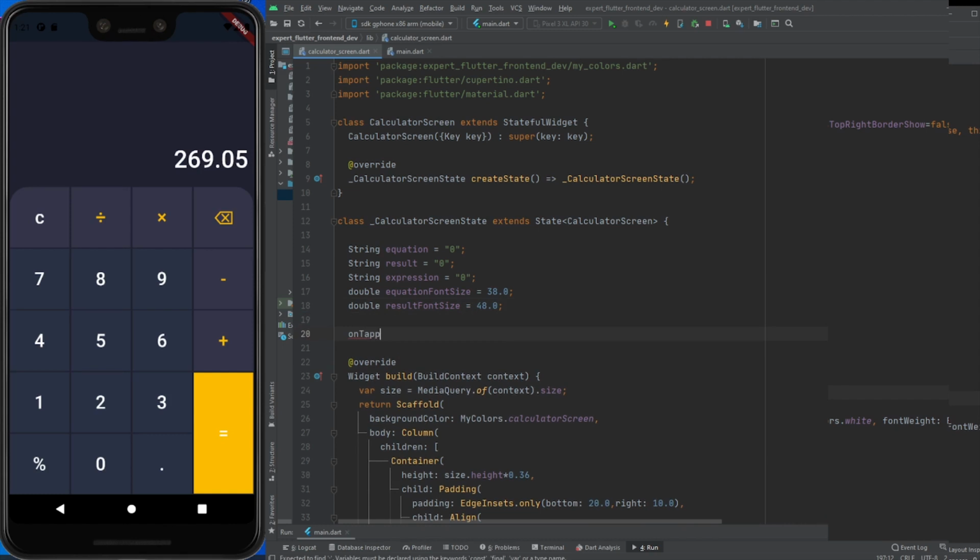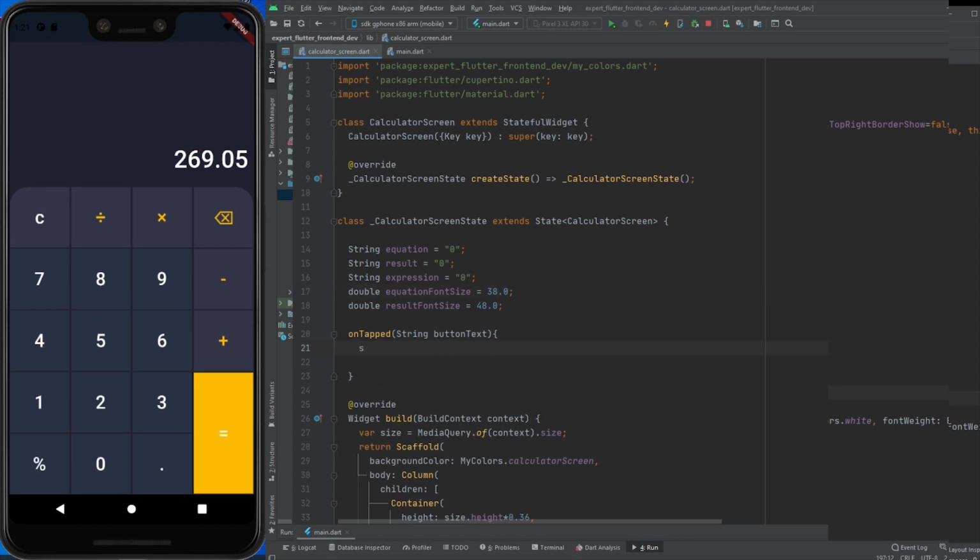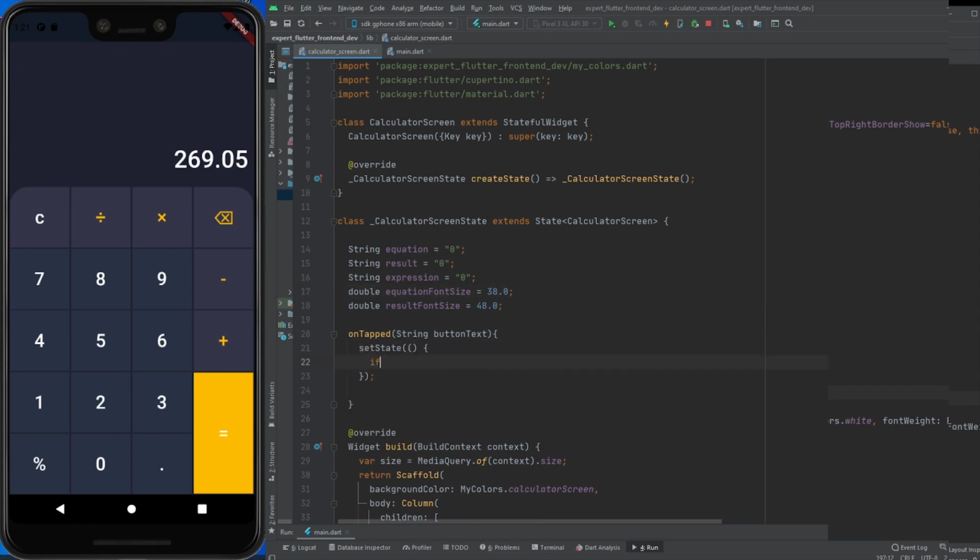Now we will create a function onTabbed and pass a string variable, button text, so we can check the condition on that button text basis. So in the setState function, I will check button text.